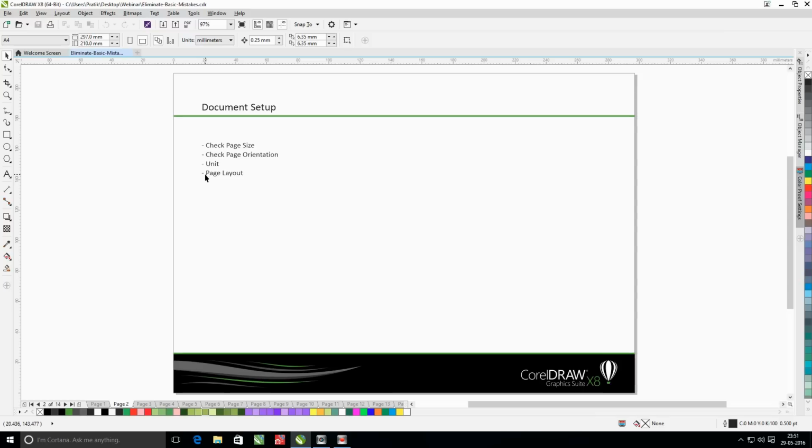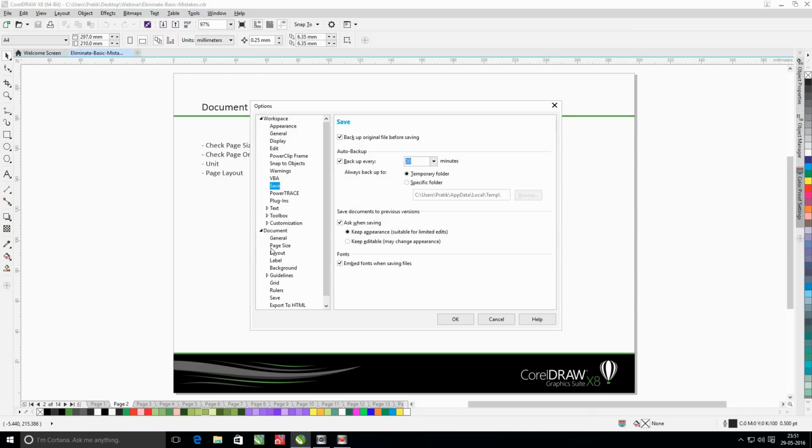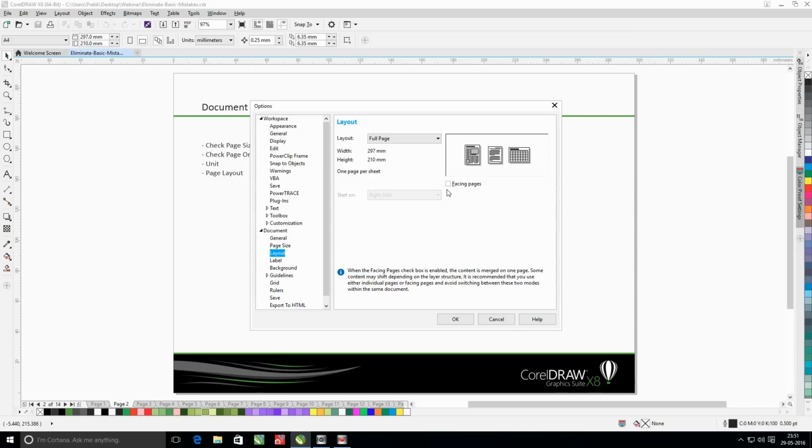But the important thing is the page layout, which you have to decide first up before starting to work on this project. The reason being, when you go to options, document and layout, you have to decide whether you want to work on a facing page document or a full page document.